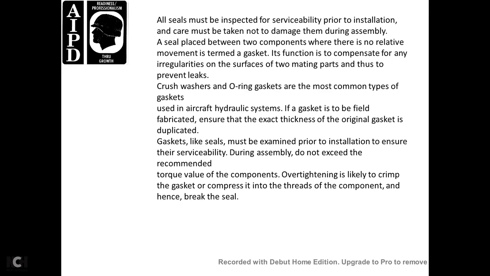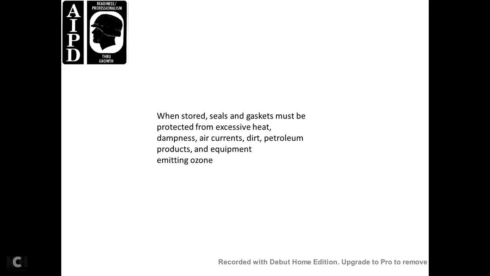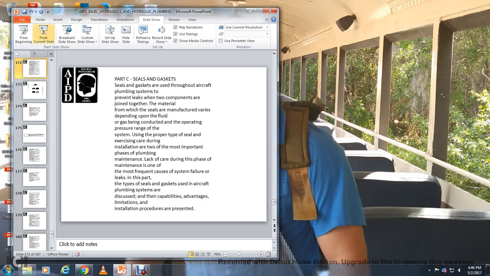Gaskets, like seals, must be examined prior to installation to ensure serviceability. During assembly, do not exceed the recommended torque value of the components. Over-tightening is likely to crimp the gasket, compress it into the threads of the component, and hence break the seal. When stored, seals and gaskets must be protected from excessive heat, dampness, air currents, dirt, petroleum products, and equipment emitting ozone. And that was the last slide of